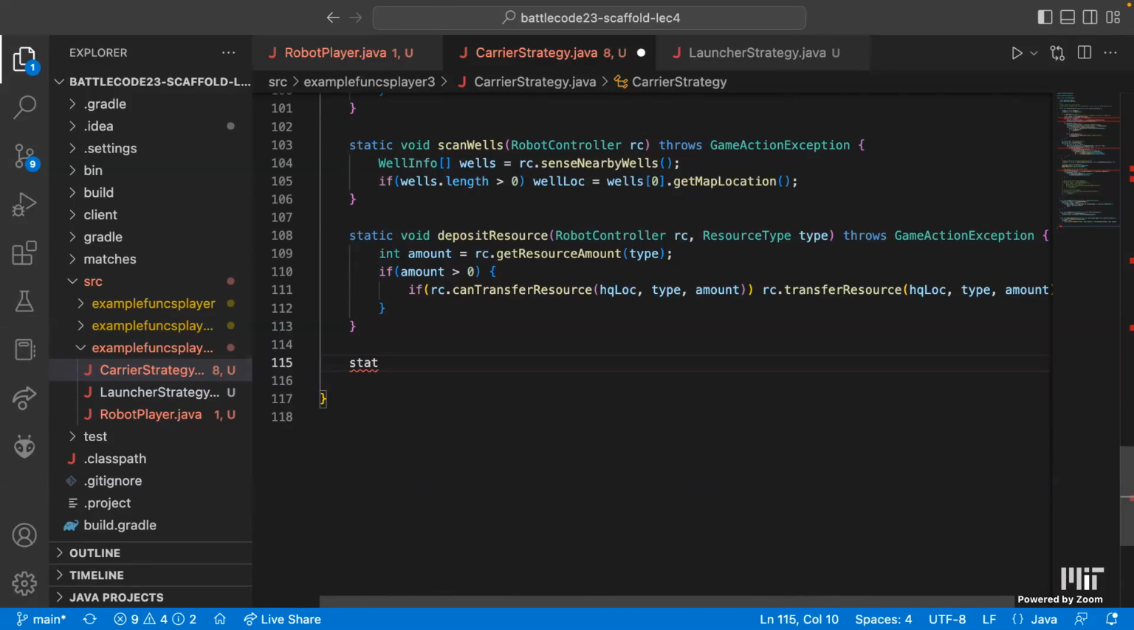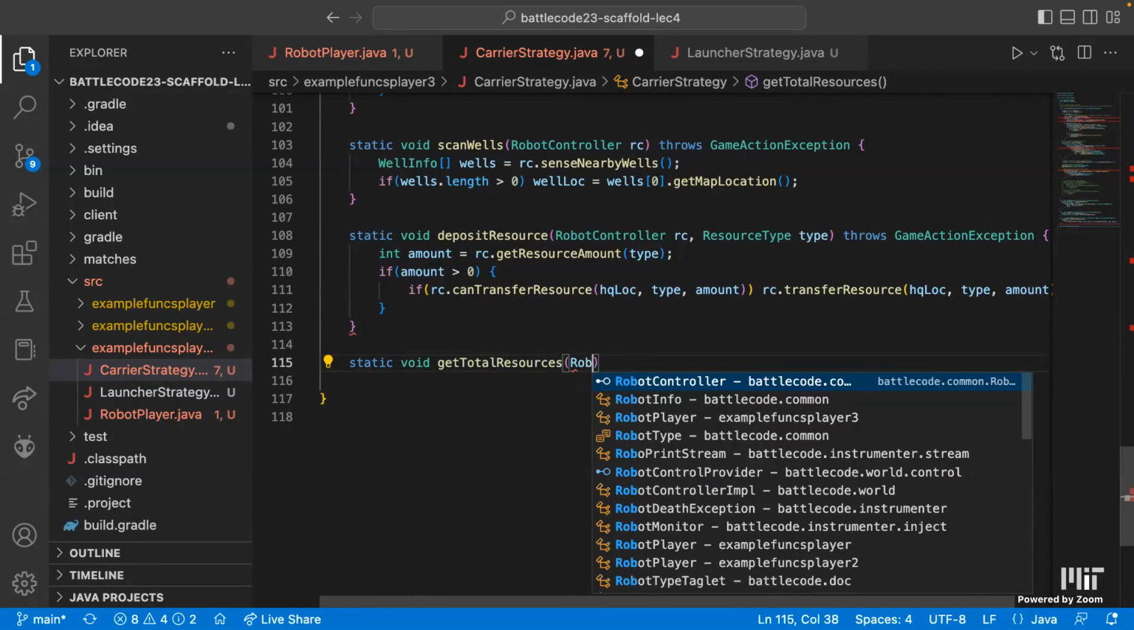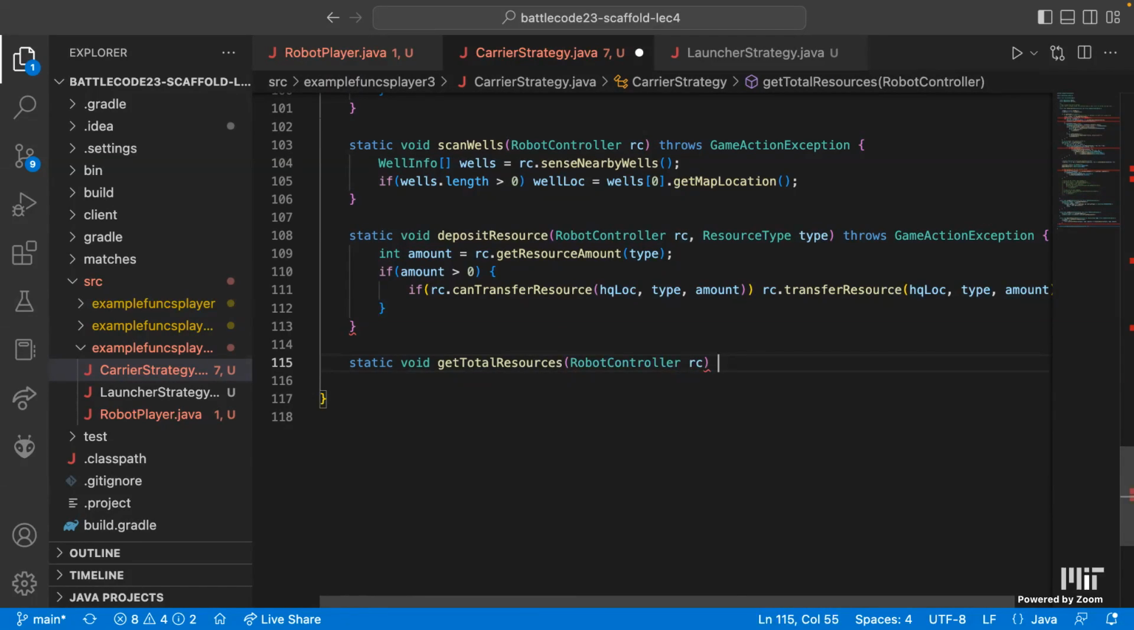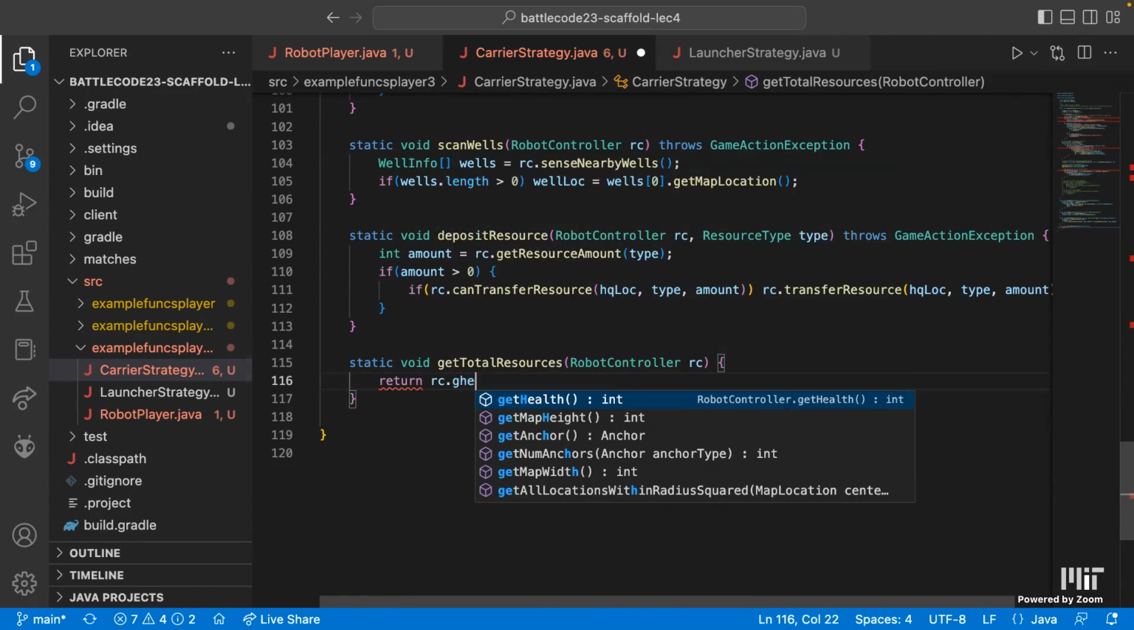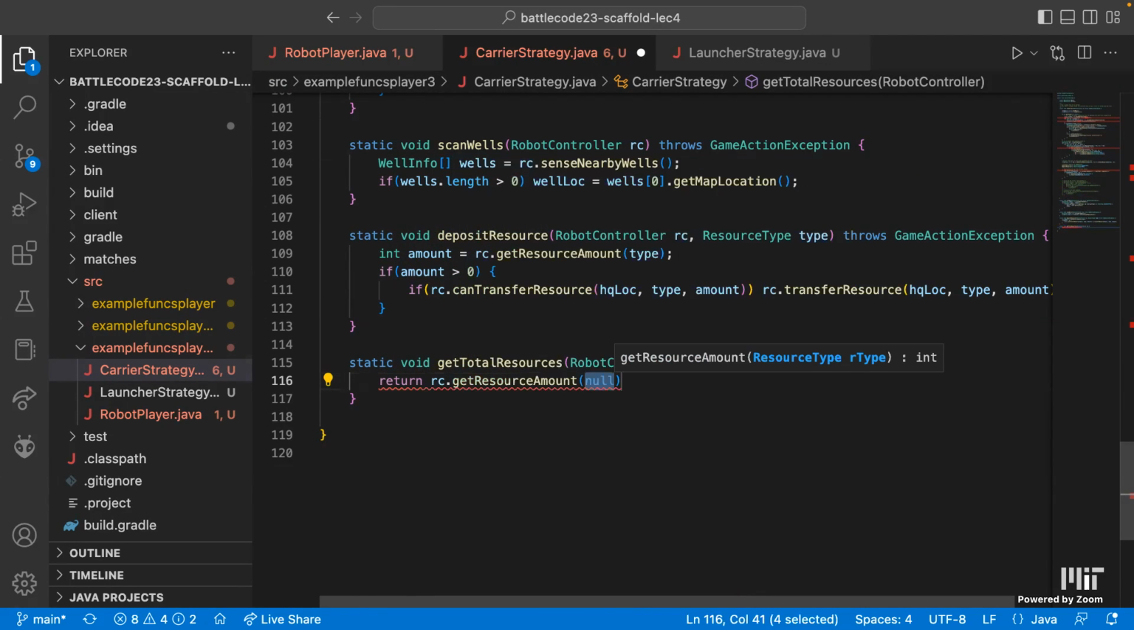So I'll say the total resources. Sort of a boring method. It'll just, I guess, since we're not dealing with Elixir, we'll just do return get resource amount, adamantium, and